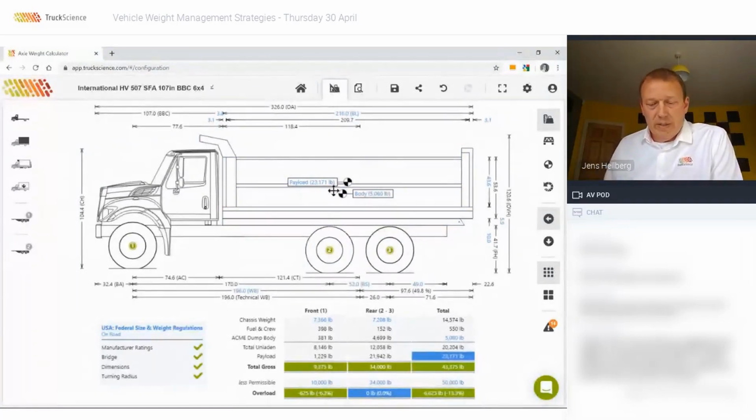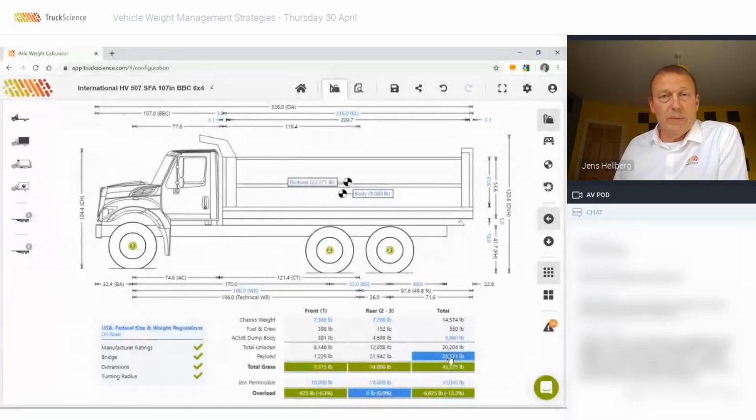Right, now that we've added the body, let's have another look at the weights table to see where we are. We can see that there's still capacity on the front axle and overall, as these are highlighted in green, and we can see that the rear axle is the limiting factor because there's zero remaining capacity on the axle there. The app has calculated that we can legally carry around 23,000 pounds, which is well short of our requirement of